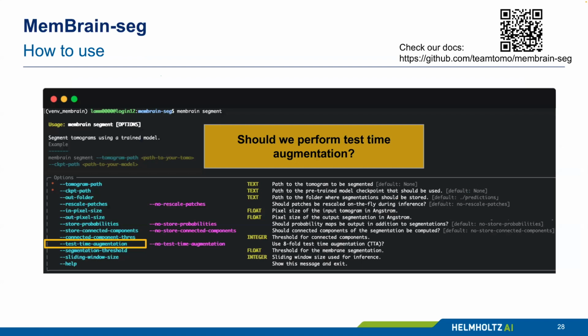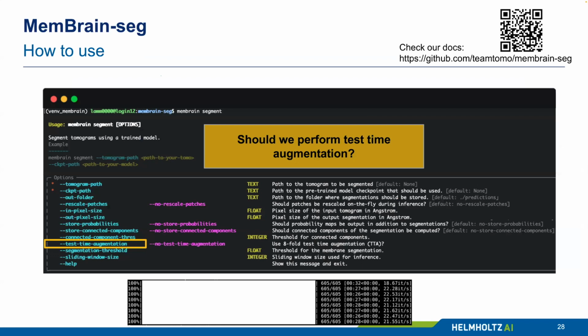And the last thing that I wanted to show you is this test time augmentation. So maybe if you've used MemBrain-seg already, then you saw this bar here running through 8 times, and that's exactly this test time augmentation. So what happens is that during inference, we don't only feed the tomogram into the network and get out the segmentation, but we also feed in the flipped version in X, the flipped version in Y, and in Z, and also all different combinations of flips in X, Y and Z. And we feed all of these different combinations, which is in total 8 combinations,